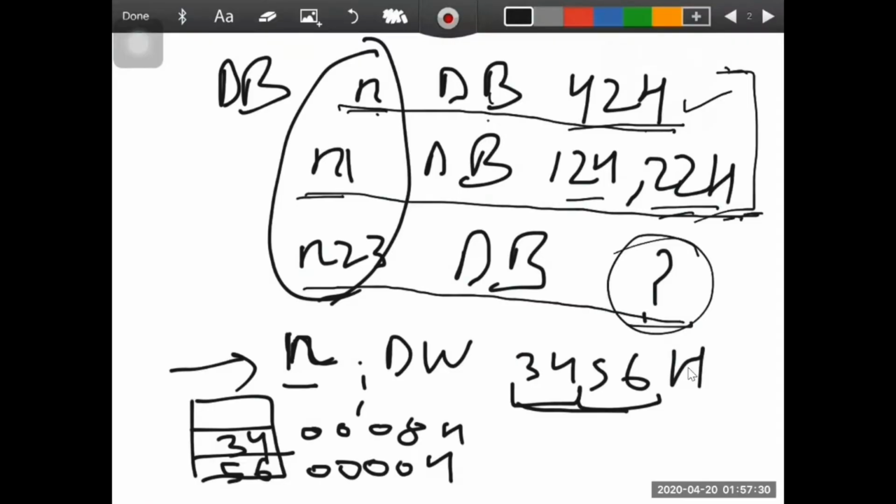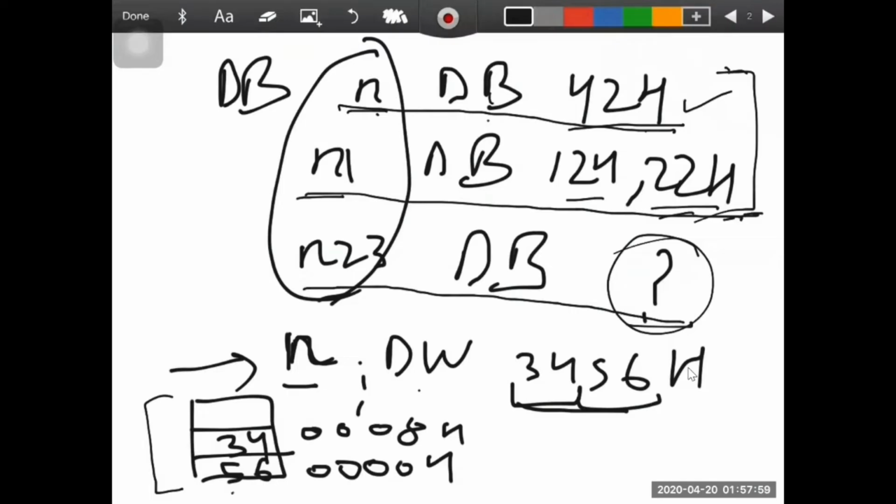Now the next instruction is N DW 3456H. Now what does it indicate? 3456H is a word, that is a 16-bit number, meaning we have to allocate 2 memory locations. For example, this is our memory location 000H, 008H. For 3456H, first of all the lower byte will be stored, then the higher byte. As we know, we are following the little endian format.